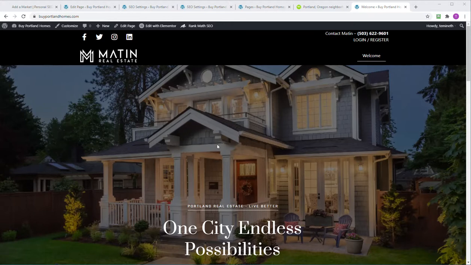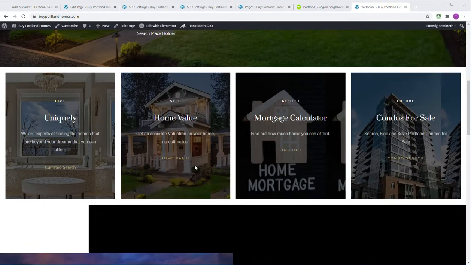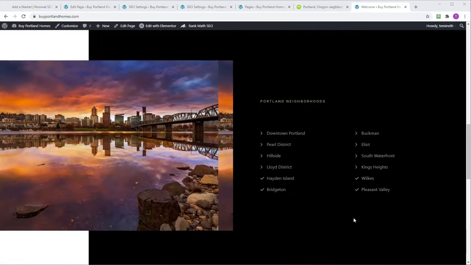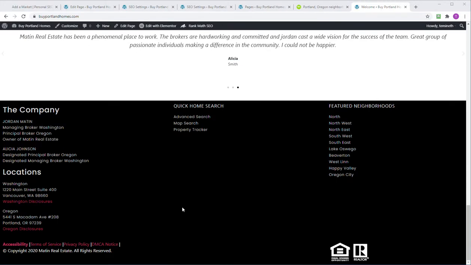So one of the first things that we need to do is, this site is literally just launched. It doesn't really have any content. This is all placeholder stuff. Nothing works. Nothing works on this site. So we wanted to build out the featured neighborhood section first, and that's because Portland is such a large